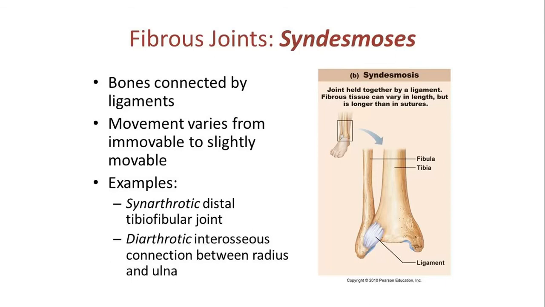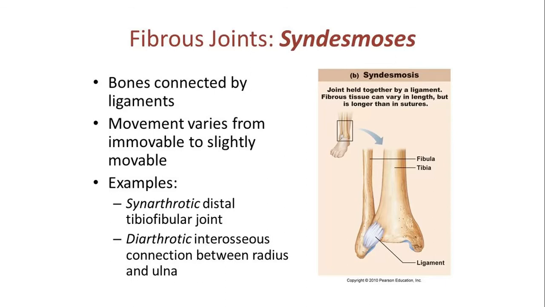the movement, they can be immobile or very slight movement can occur in these joints. Because they are not synovial joints, they are syndesmosis, fibrous joints. And an example is the